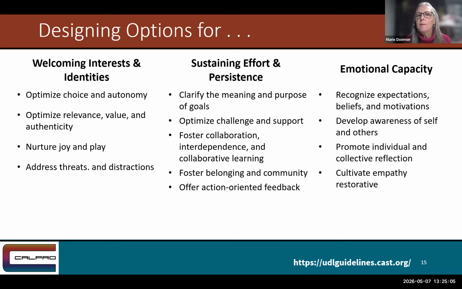Develop awareness of yourself and others. Promote individual and collective reflection. Especially adults are old enough and can understand reflection, and they can learn a lot about themselves and the situations by really enjoying that reflection. And then cultivate empathy and restorative practices. Okay, so let's